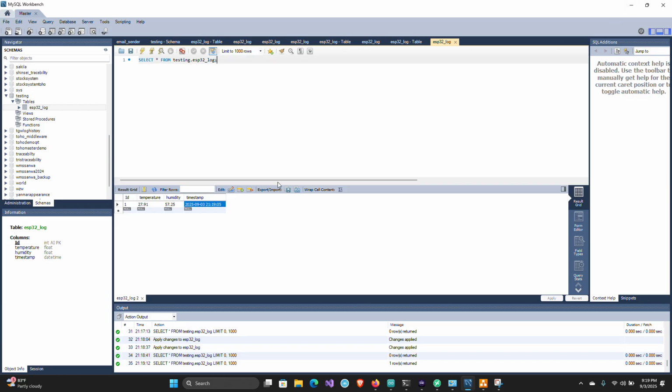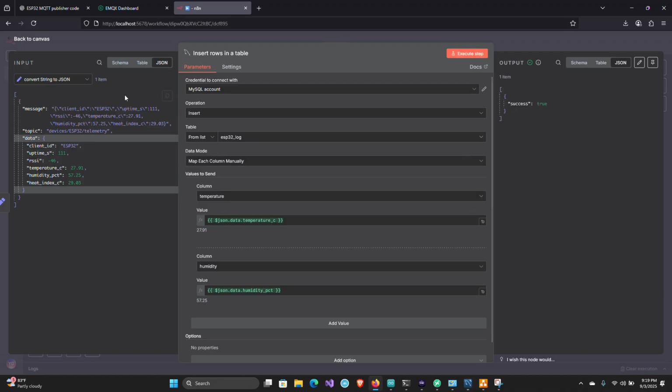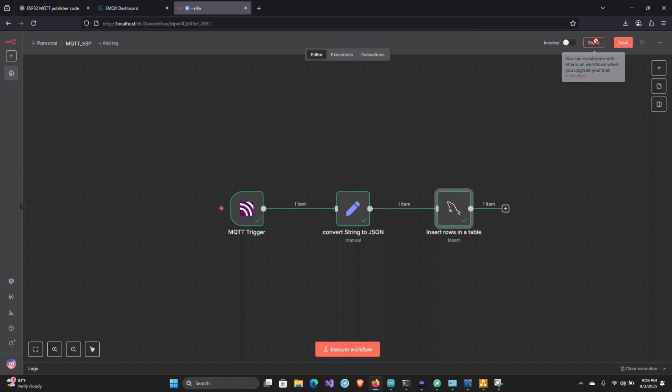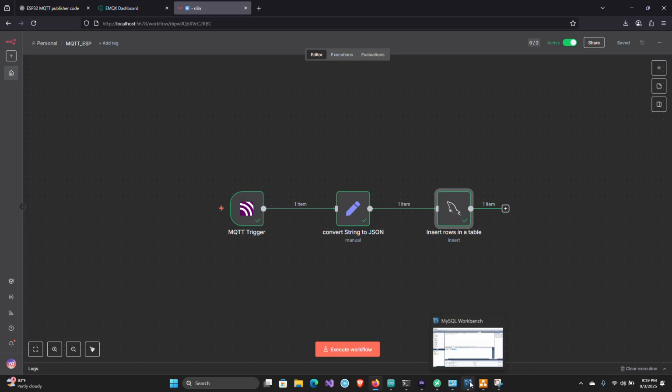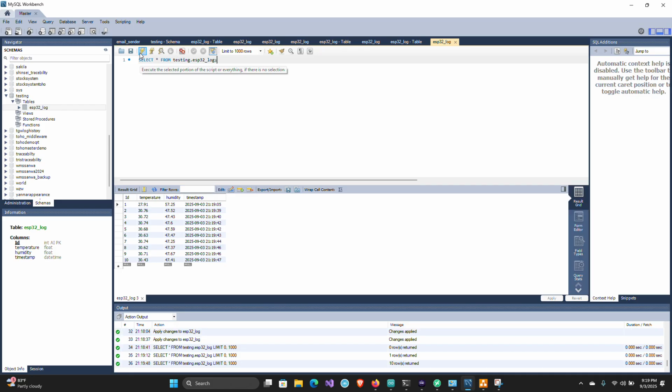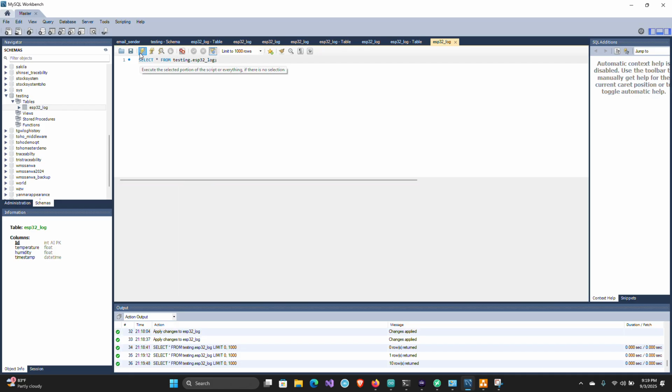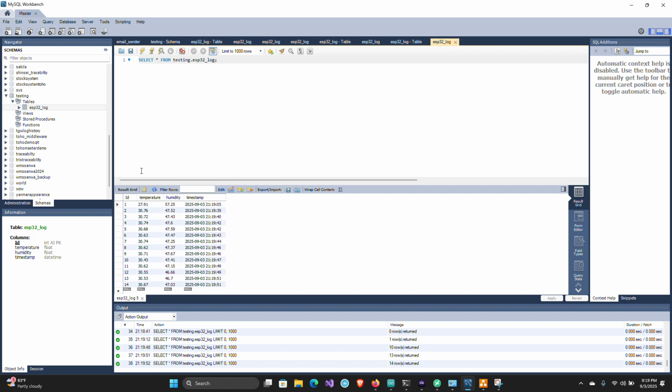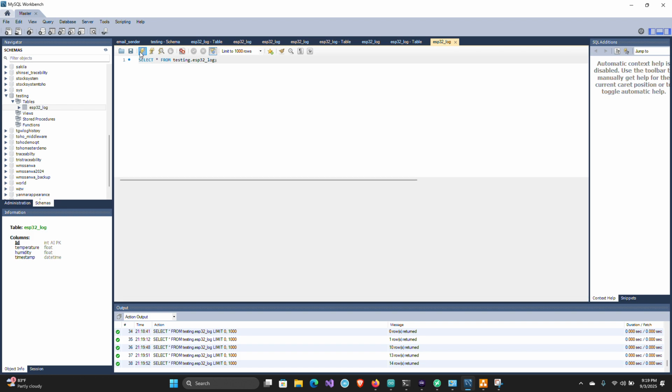Okay, it's very easy to create the system integration. And then how to make it run automatically or run in the background? We just need to set this active here. Okay, I think this is already running automatically in the background. We just need to refresh here and it will log the data every 1 second.